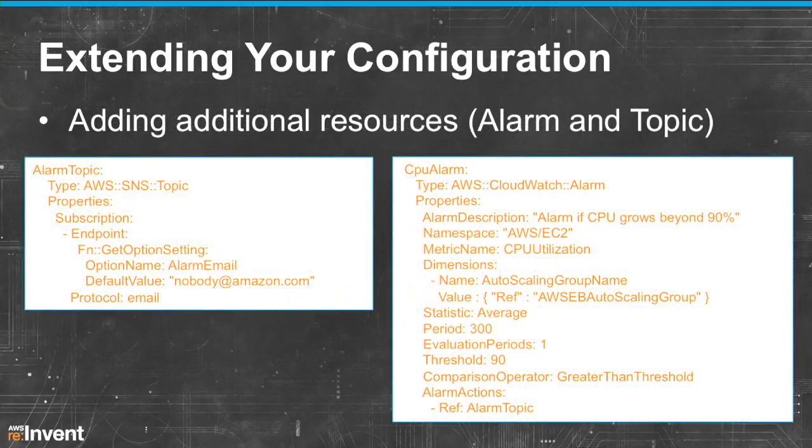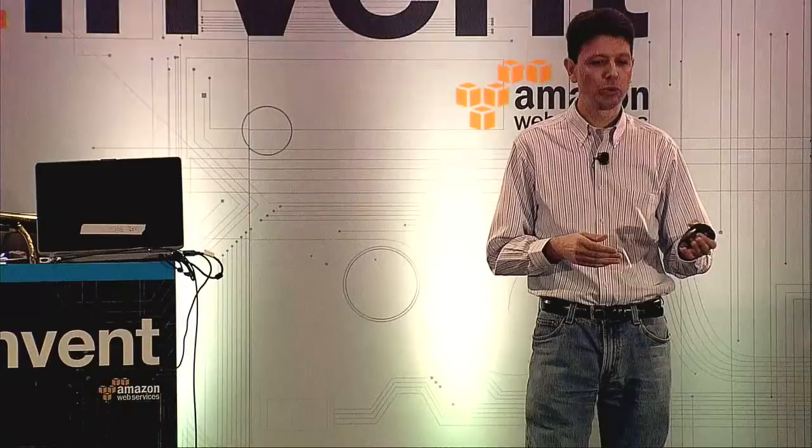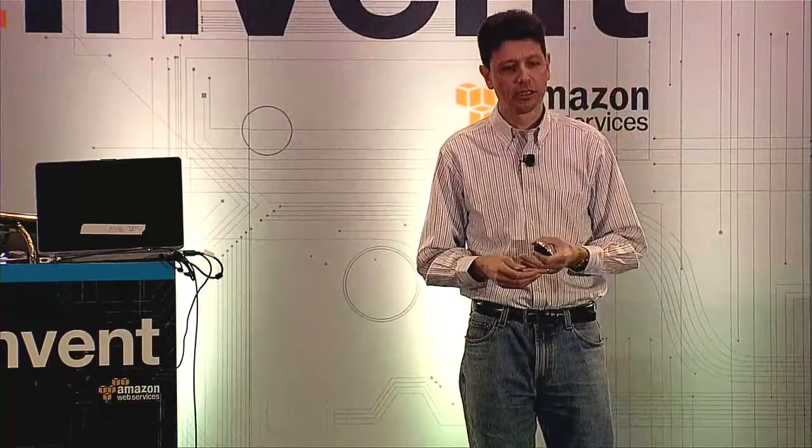If I want to add additional resources, I can also add resources in the resources section of the configuration file. So in this case, I want to create an alarm, which means I need an SNS topic to actually send that notification to. So within that, I can define what that topic should look like. In this case, it's an SNS topic, and it has a bunch of properties, one of which is what protocol to use to send the notification, in this case, email, and then where to send that email, which is the